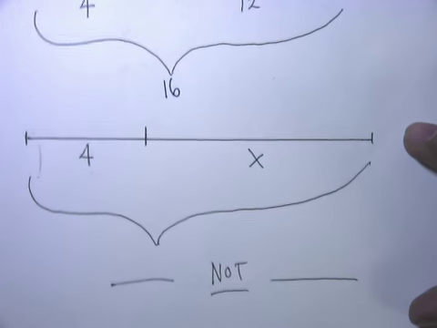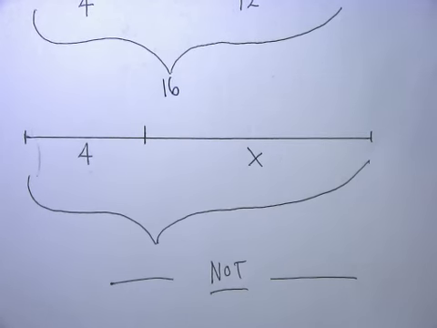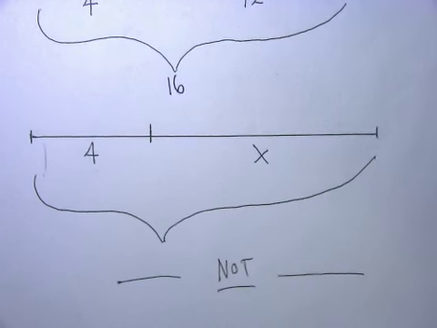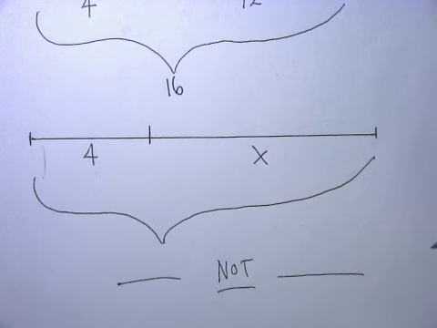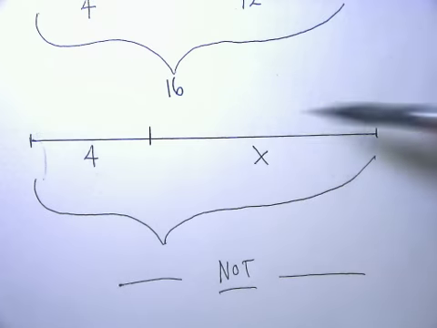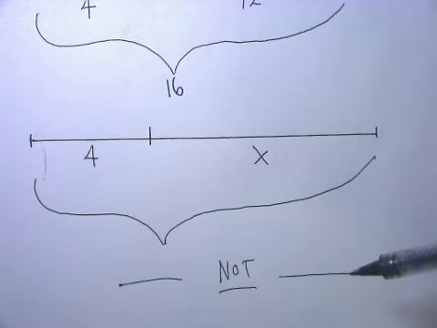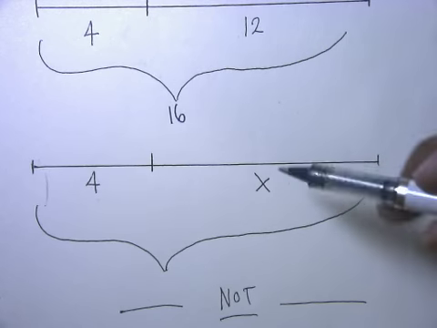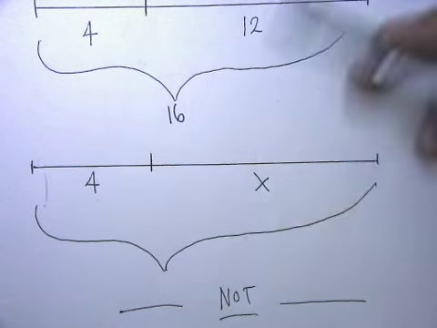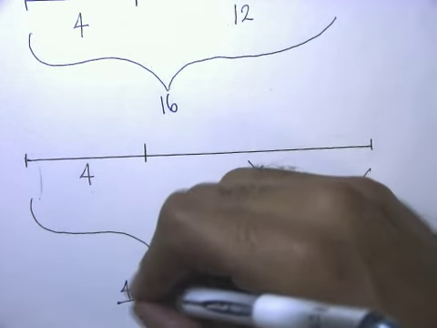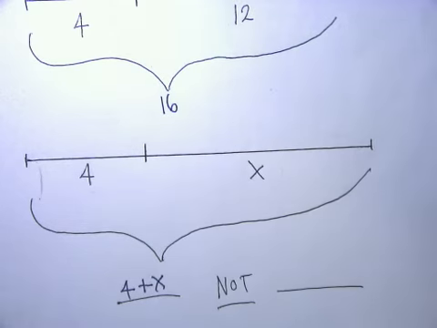Well, let's take the question a little further now. Let's say I give you a segment that has part of it is 4 and part of it is x. And I ask you, what is the total length of that segment? Well, then I would hope you would still recognize that you're going to do the same thing. You're going to add this component of the segment plus this component, and you're going to get 4 plus x